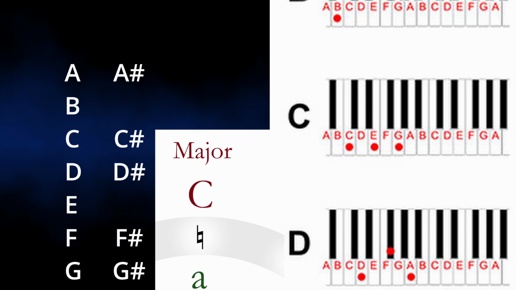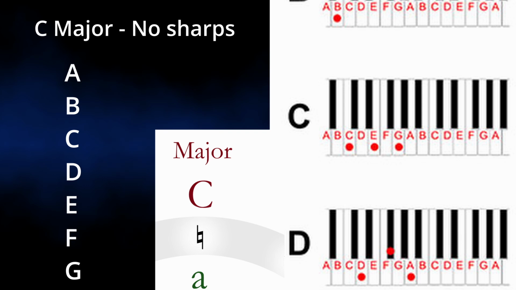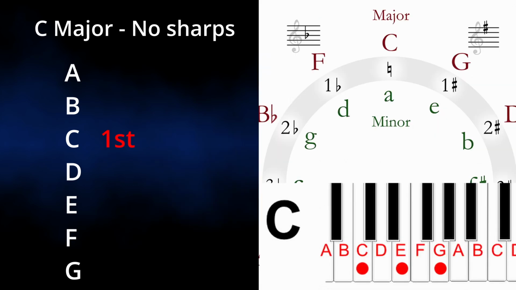Look at your sheet, and you can also reference the circle of fifths picture. The key of C has no sharps or flats in it. Now let's examine a basic triad chord. Tri just means three, so a triad is a chord with three notes. The first note is called the root, and the root note is a C as we are playing a chord of C. Then it is made up of a third and a fifth, so we know there are no sharps